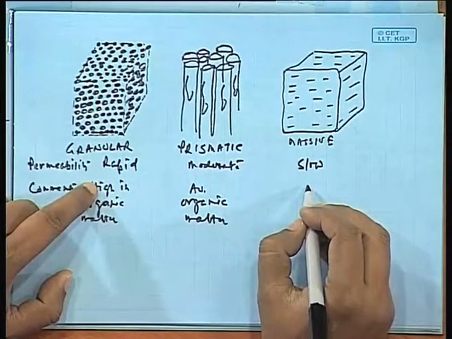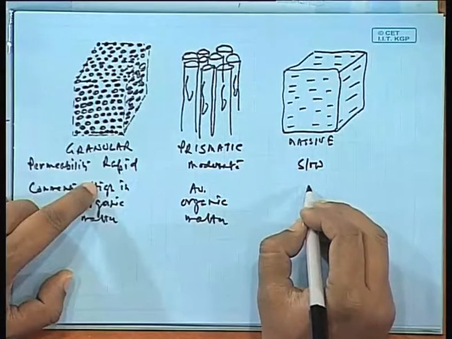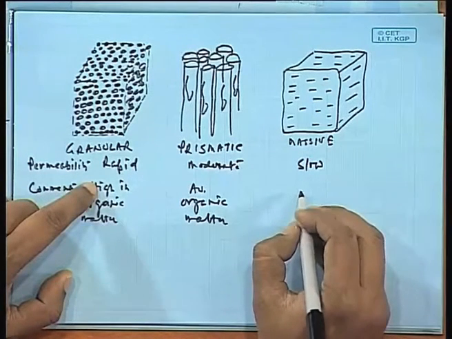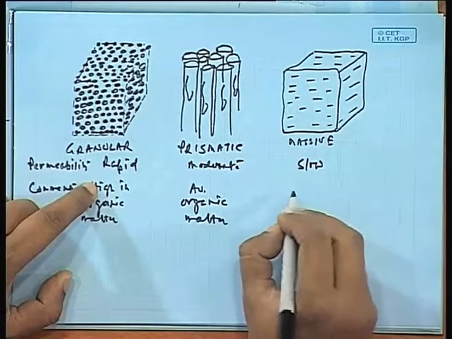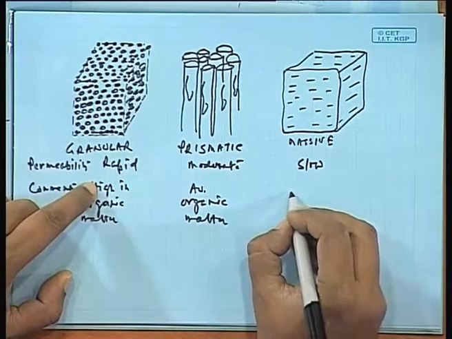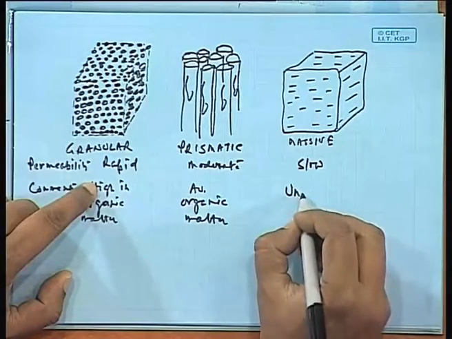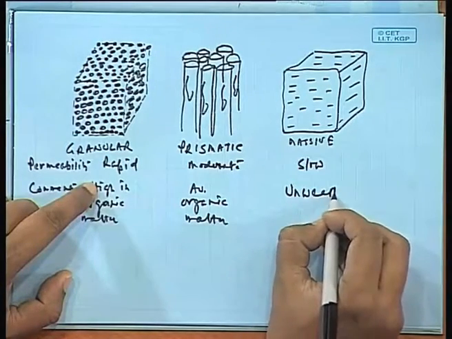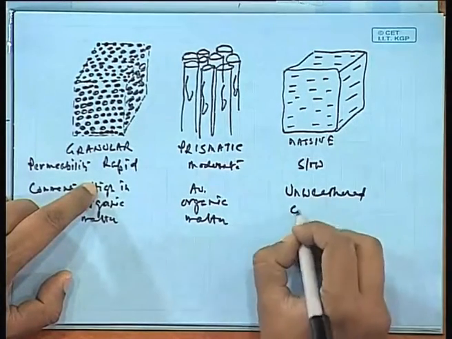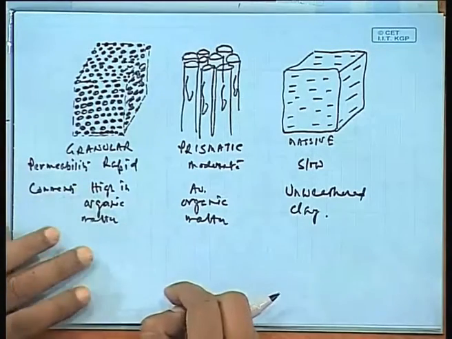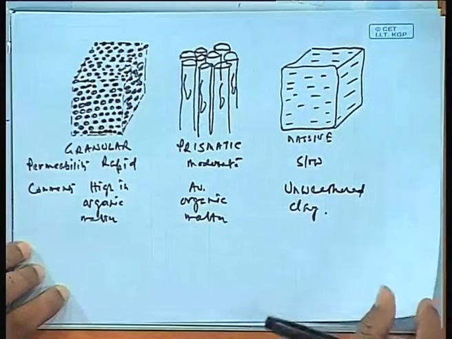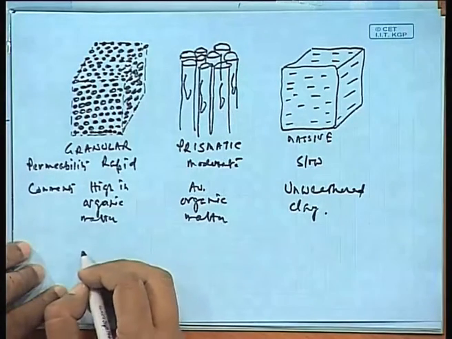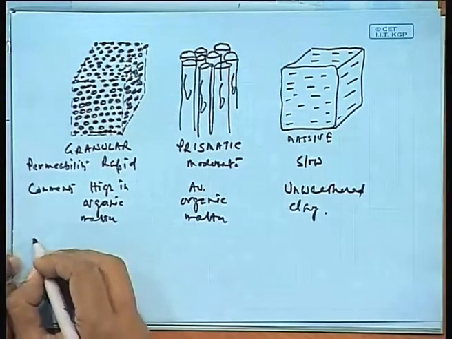So here, and this particularly in the massive and unstructured unweathered clay. This is unweathered clay. If this is unweathered clay, it would look like this. Unweathered clay would look like this. Unit size,